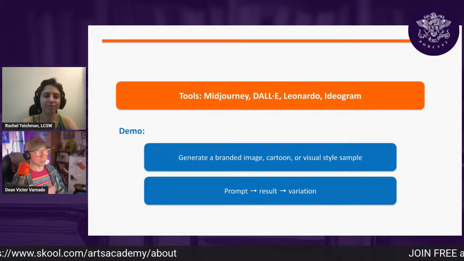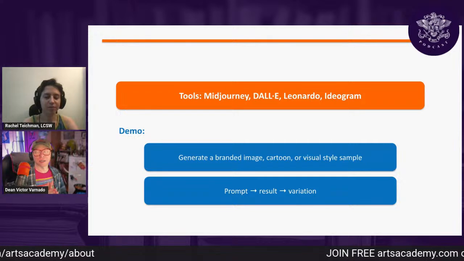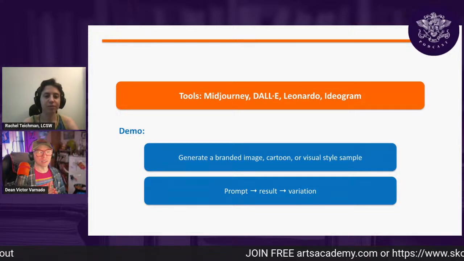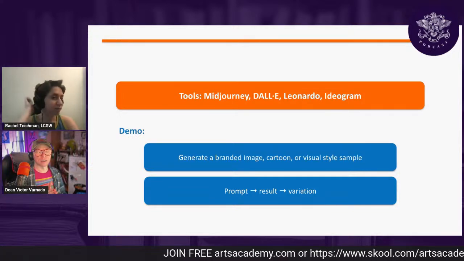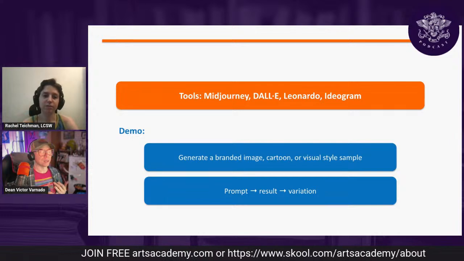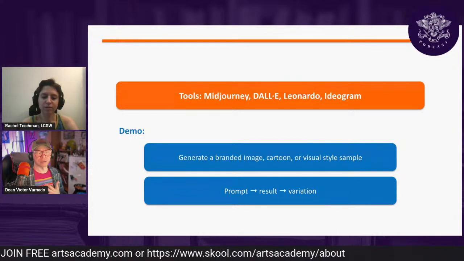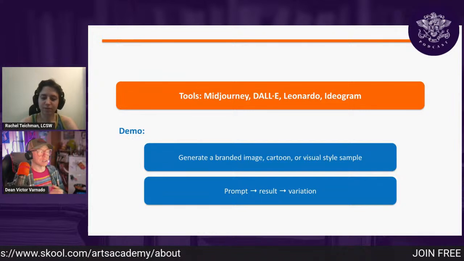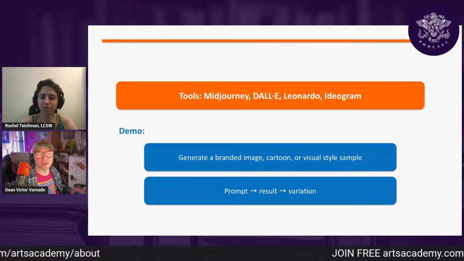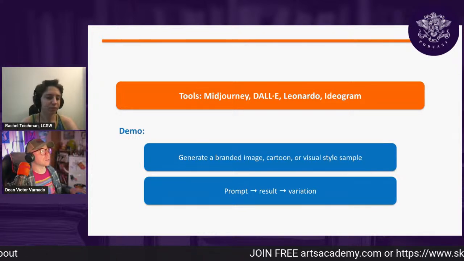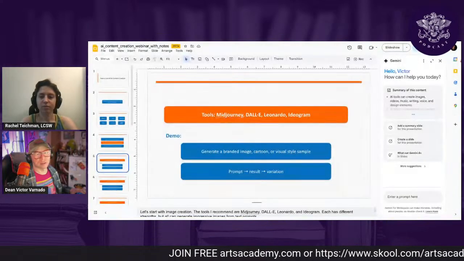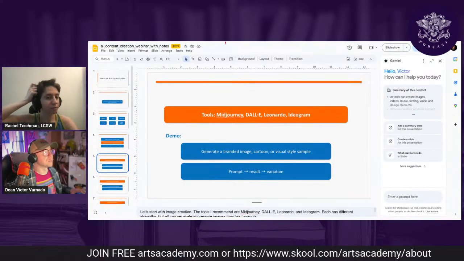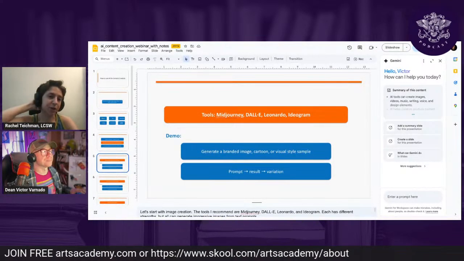All right, well, let's talk about images. My favorite tool to use for imagery is Ideogram. It is the reason I like to use it is because it does text pretty well, and it's great with imagery right now. Imagery and text together means that you can have almost fully finished pieces. And in fact, that cartoon I showed you, why don't we go to Ideogram and I'll show you exactly what I mean. I agree. I love Ideogram.